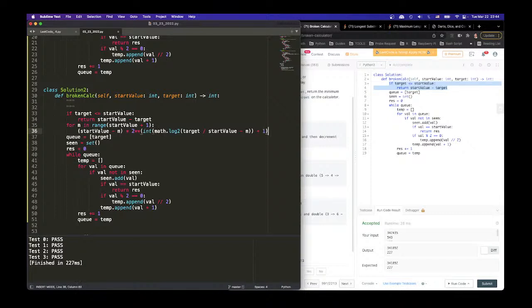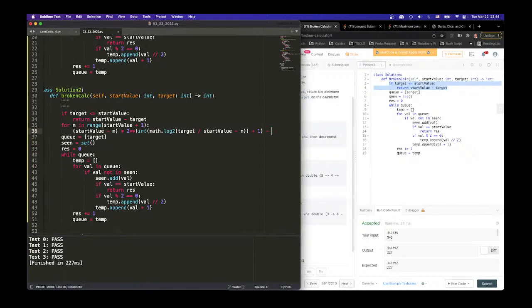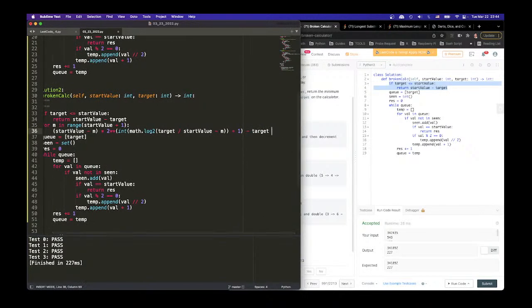I believe it has to be plus 1 minus target plus